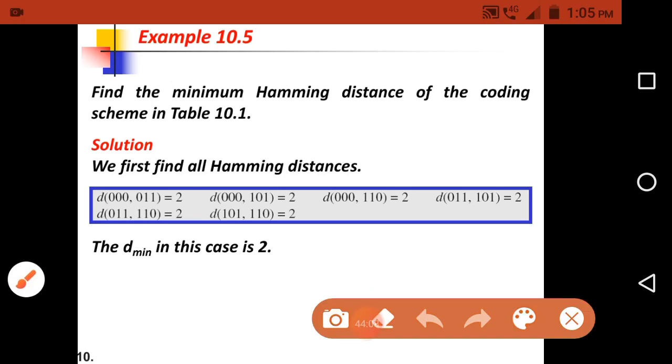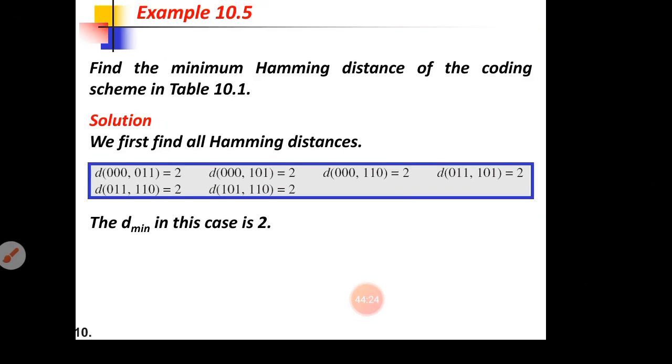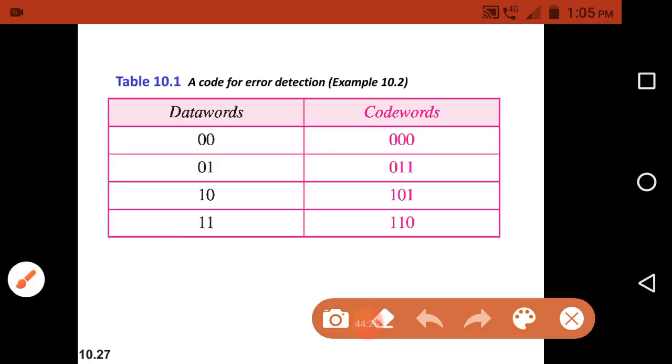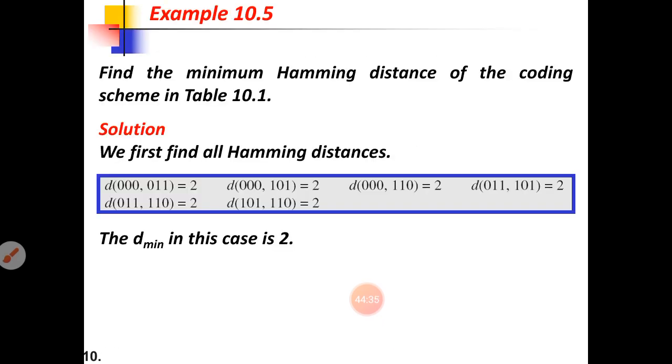First they calculated the difference between 0 0 0 0 0 and 0 0 0 1 1. They have taken these two code words and calculated the Hamming distance by applying the XOR operation.